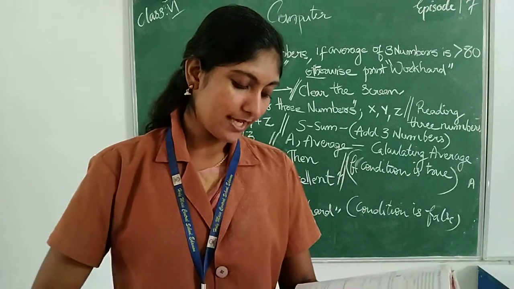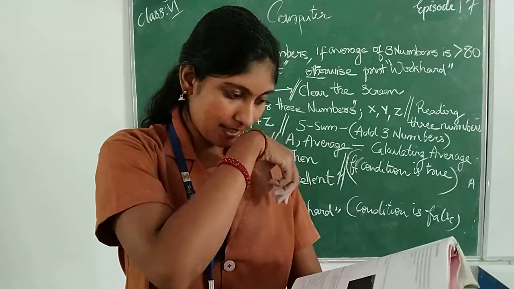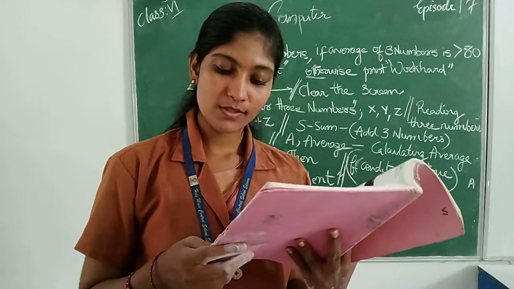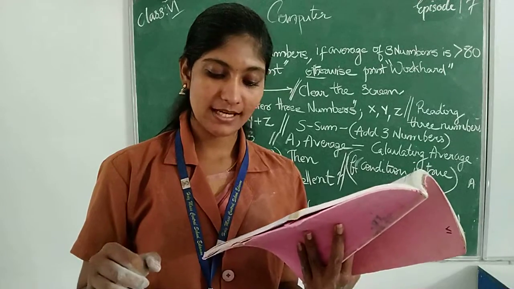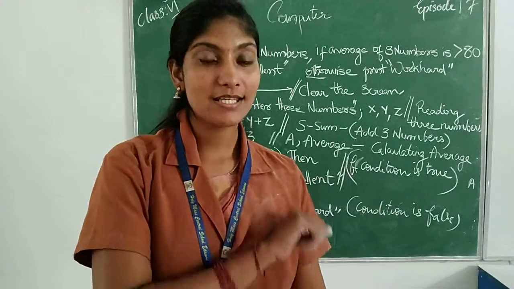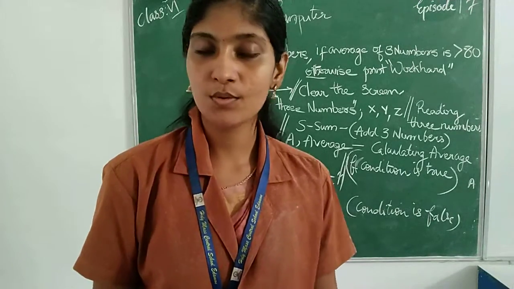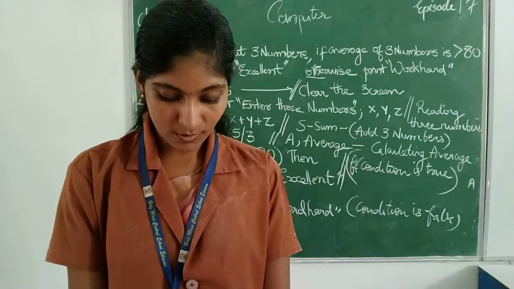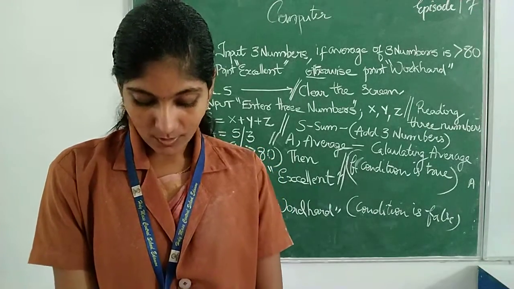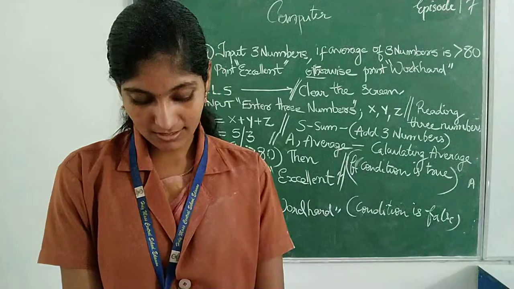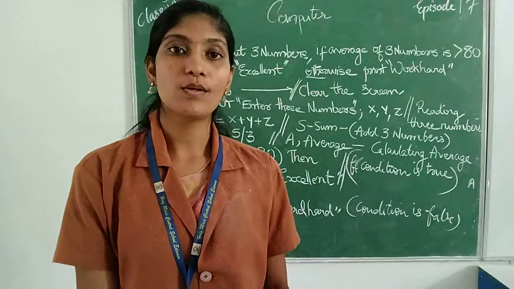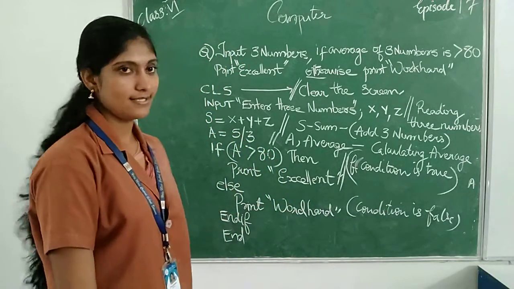If there are multiple values to be printed, we can separate them by commas. So the quick quiz: in the above structure, can control directly go to the else statement without testing else if statements? That means if the condition is true, then it goes to true statements. If the condition is false, then it goes to false statements. No. If the condition is false, then only it can go to else statements.